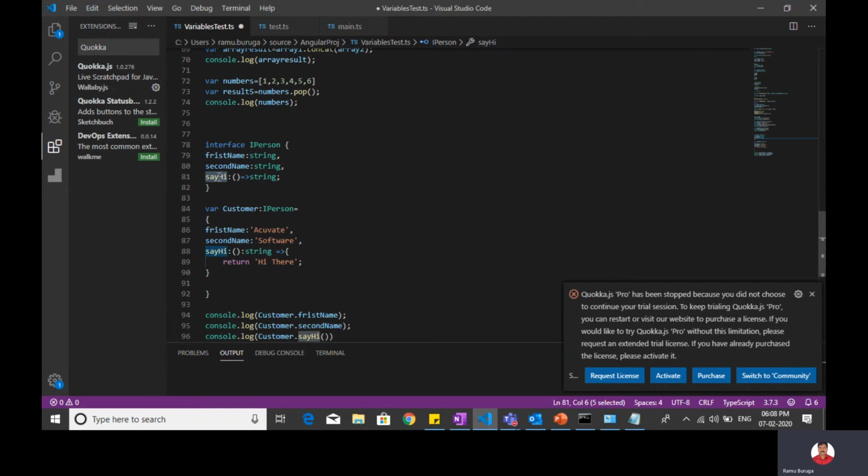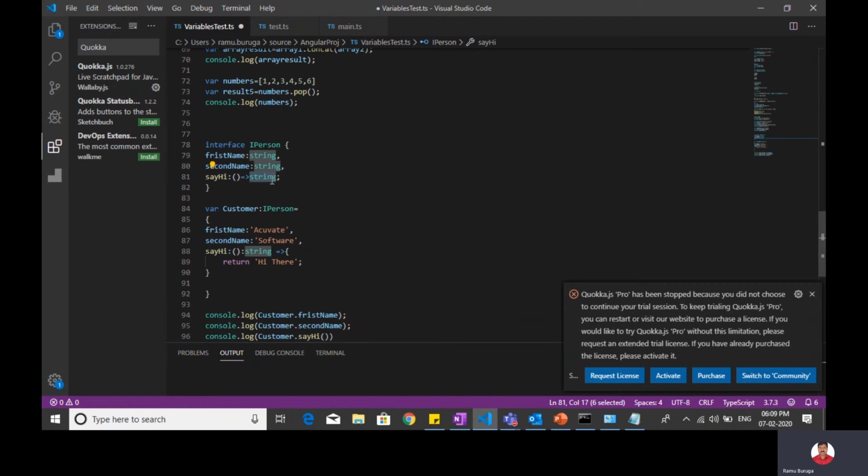SayHi is a variable of type function, that means it is a function. This is called arrow notation, and this will return a type of string. This way you can use it.